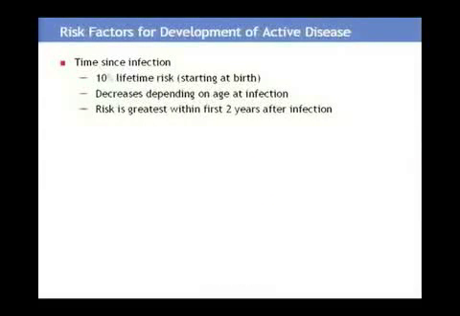We've discussed briefly that it's very important the time since infection. Your first 2 years after becoming infected are when you're at your greatest risk of progressing to active tuberculosis. You have a 10% lifetime risk of progressing to active disease after infection. However, it's important to note that this 10% lifetime risk is estimated among babies who have become recently infected. Therefore, we know that their lifetime risk is 10%. If you become infected for your first time at age 50, then your risk of progressing to active disease over your lifetime is less than 10%, probably in the range of 4 to 5%, though these numbers are all quite rough.